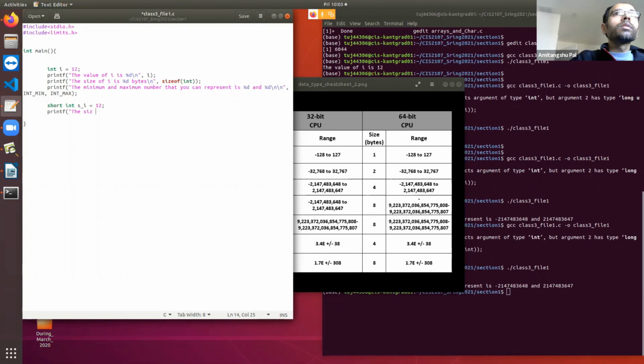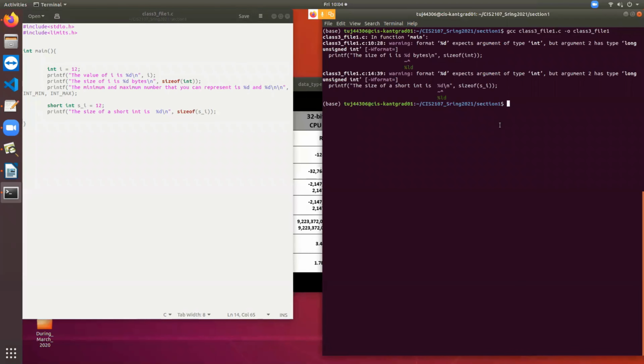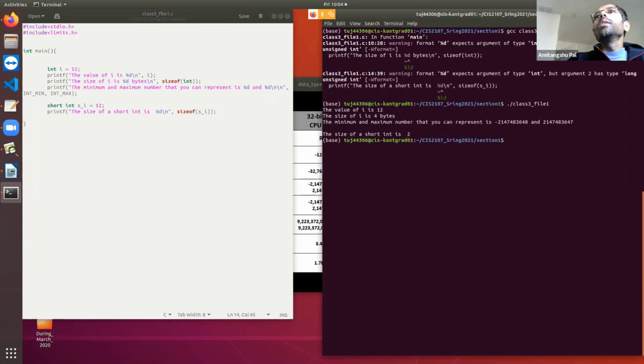Size of short int is, size of. So again, for the time being, ignore this warning because this is the same warning that is repeated. Okay. So here it is saying that the size of a short int is 2 bytes.